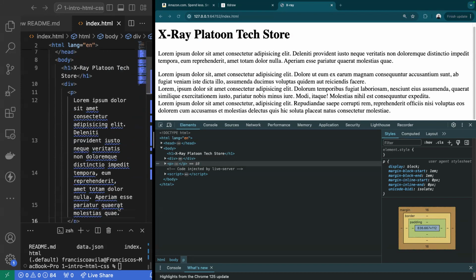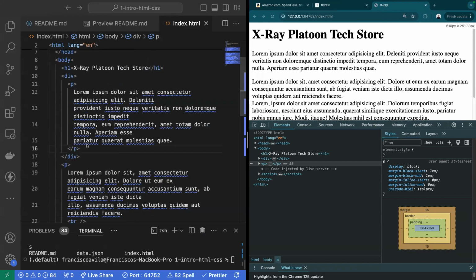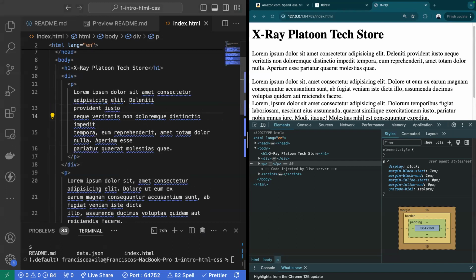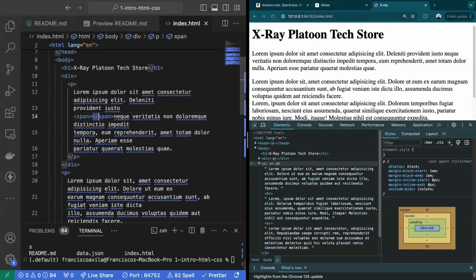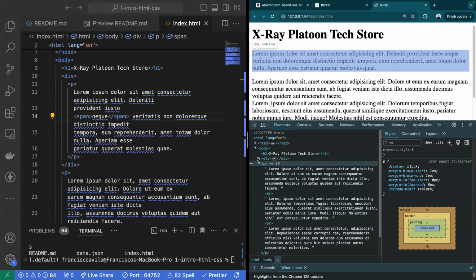The next one that we're gonna show is span. Now, span doesn't really have any behavior to it, but it is good for isolating unique text. What I mean by that is, let's say I want this NECU to be in a span tag, right? And inside of this span tag, maybe I'm going to apply some styling. Well, you'll see that this NECU, although it is within a span tag,